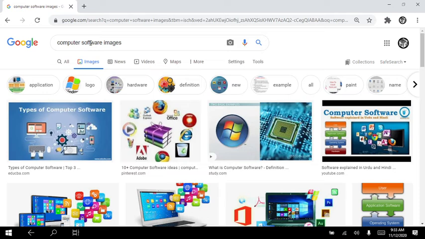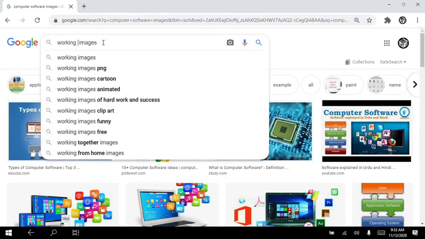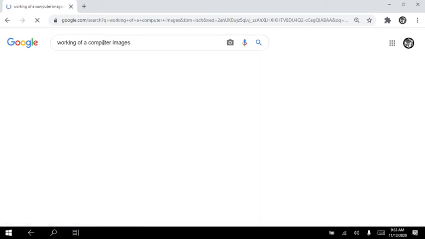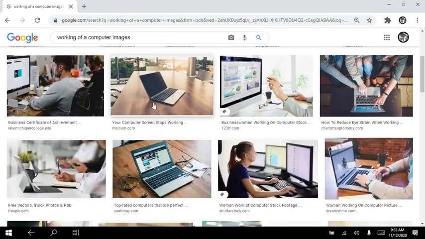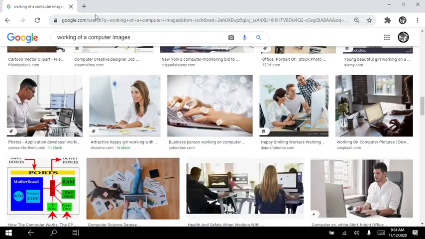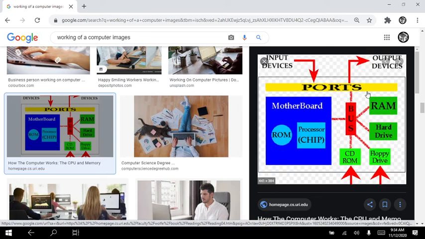Okay. Then working of a computer: you have input, process and output. It takes in the input, processes it and gives the output. So input, output, and before the output, everything.